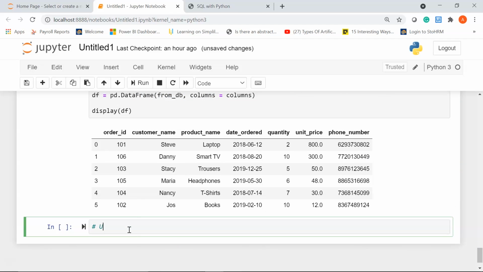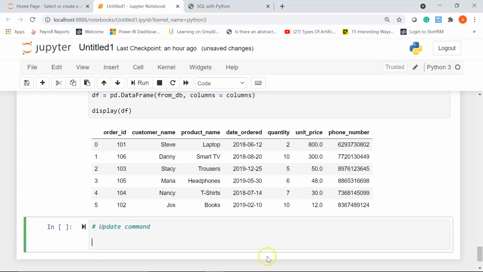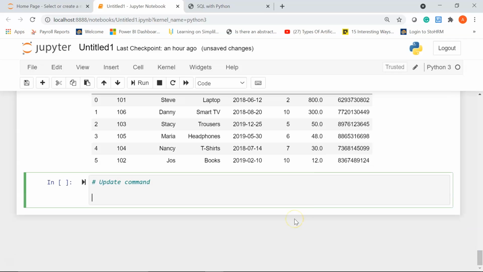Okay, now let's see how to use the update command. Now suppose you want to change the unit price of one of the orders, you can use the update command. So the way to do it, I'll first create my variable, let's say update, and I'll give triple quotes.